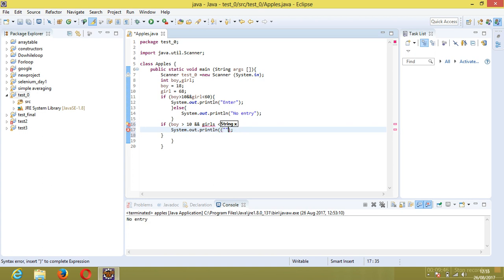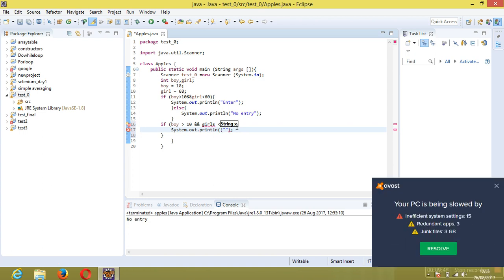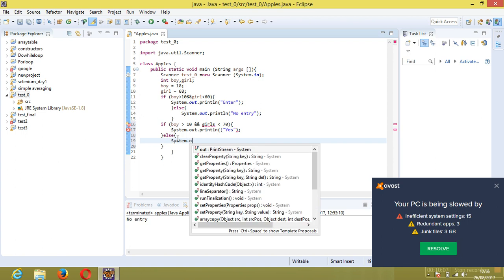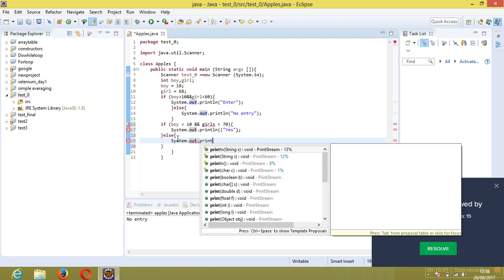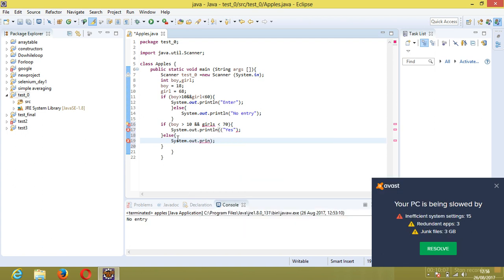Let's say yes, and if this isn't true, then the system will print else, open close brackets, out dot println in brackets, say no. Okay,